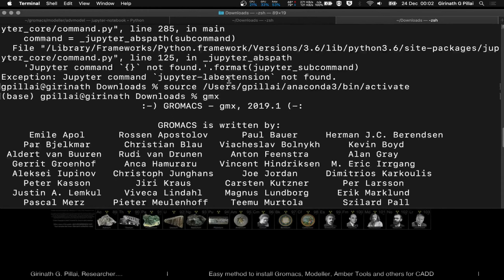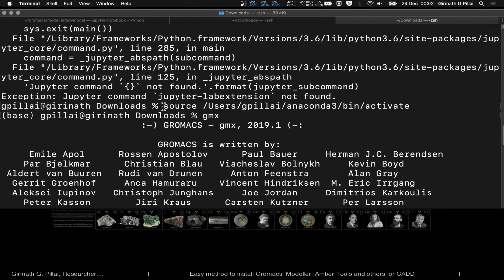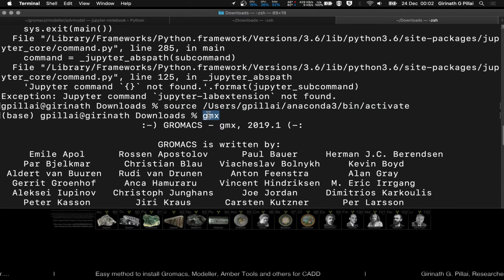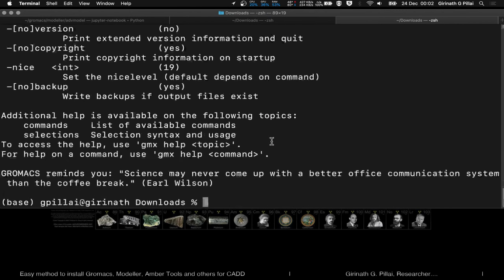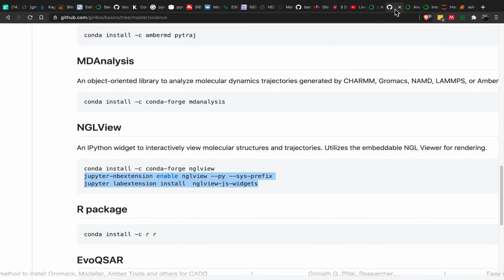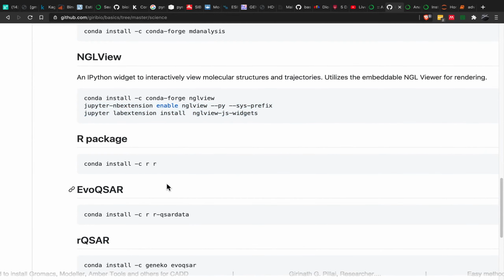So you remember I gave no. This is because of that. Since I gave no after the installation, I have to execute this command each time I open up the terminal in order to execute any commands that I have to use. I have installed Gromacs already, and it already started working, so I didn't do any sourcing. Right? The similar way you can also install the others, for example,